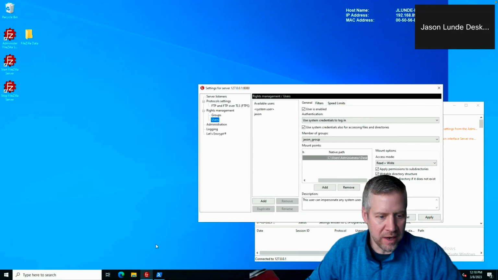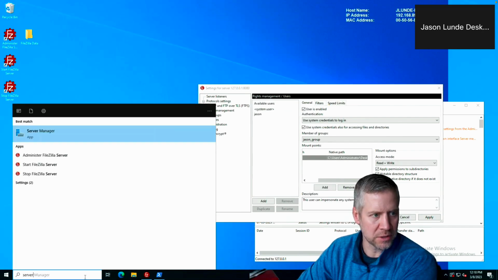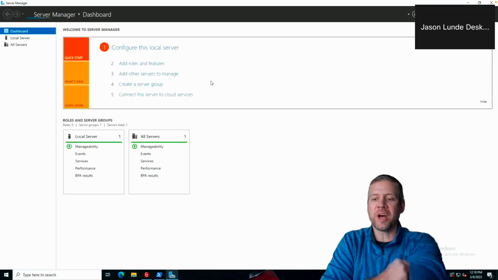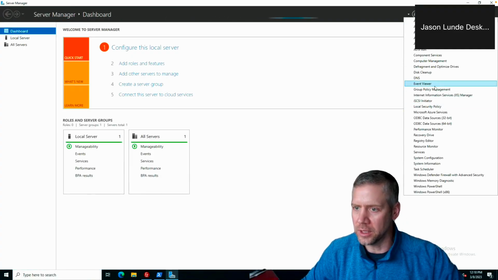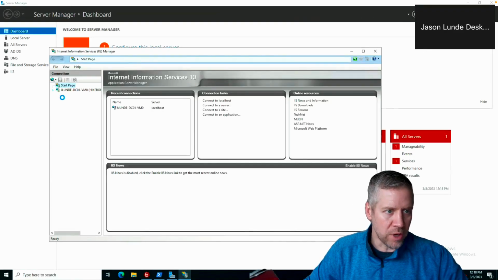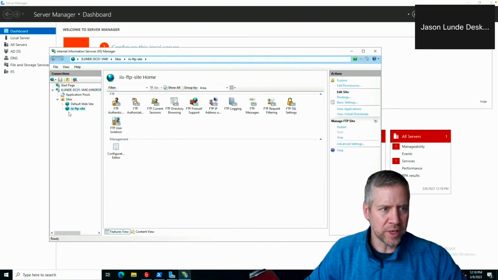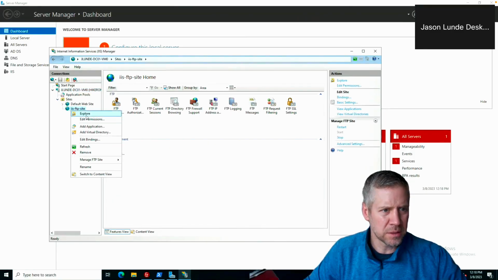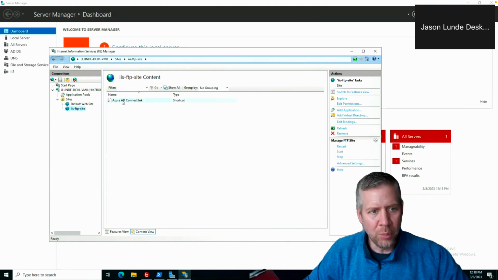And then I also have IIS. Let's open up our server manager. Actually, I should have just opened up IIS manager, but we'll take a look at our IIS policy. And we have an FTP site stood up within here. If we take a look at this, we can see it's actually in the C drive this time, but it's serving up an